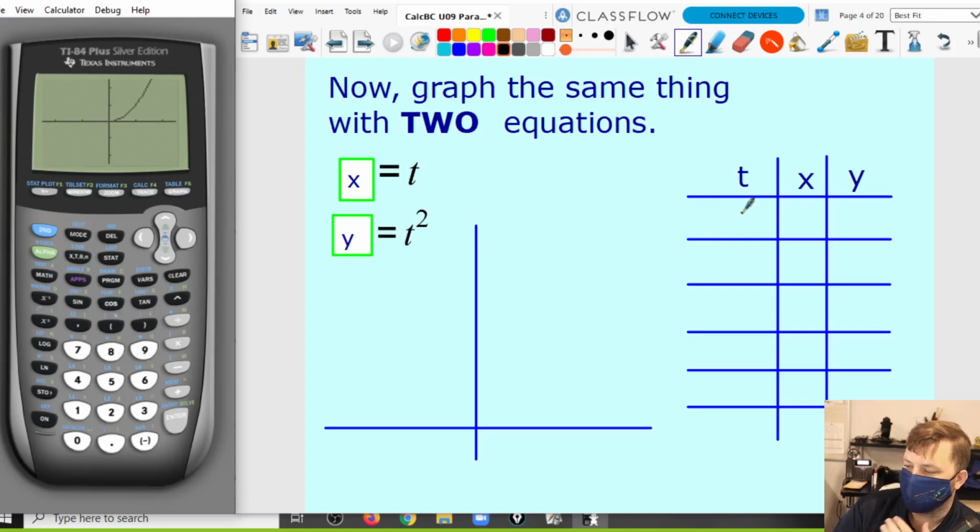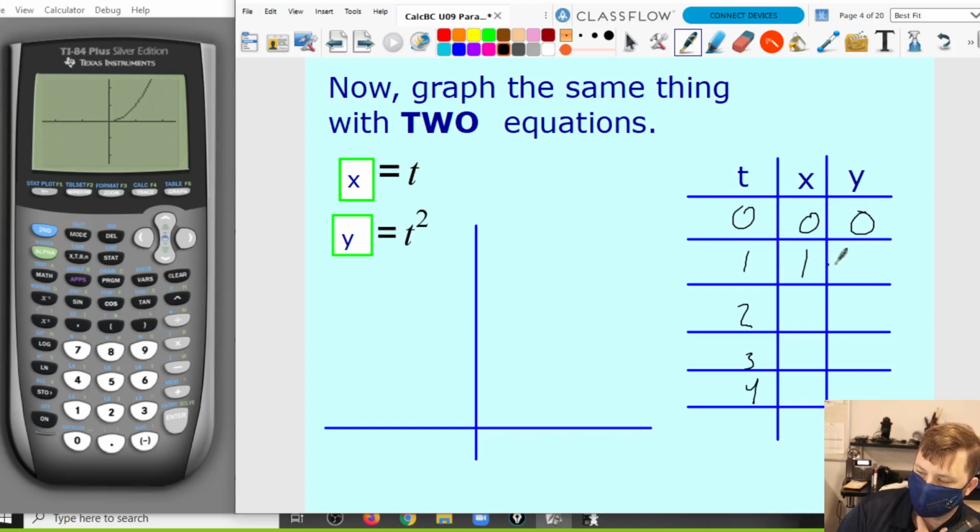So the idea with parametrics is we're going to start maybe like time equals 0. We're going to graph based off this. So when t is 0, both of these are going to be 0 and 0 squared. When t is 1, x will be 1 and y will be 1 squared, or 1. When t is 2, x will be 2 and y will be 2 squared, 4. And when t is 3, x is 3 and y is 3 squared, 9. So what ends up happening when I plot this is I start here, and I maybe go to 1, 1, and I go to 2, 4, and 3, 9, and so on. It's actually moving